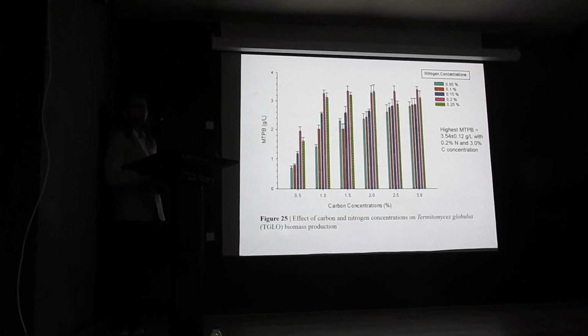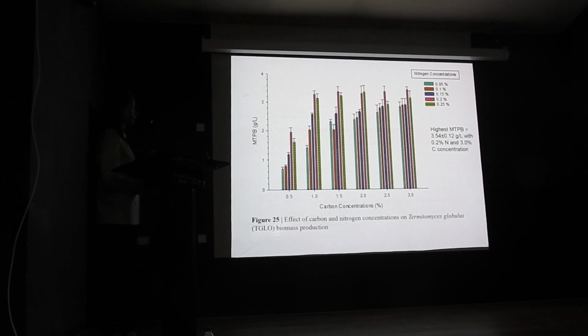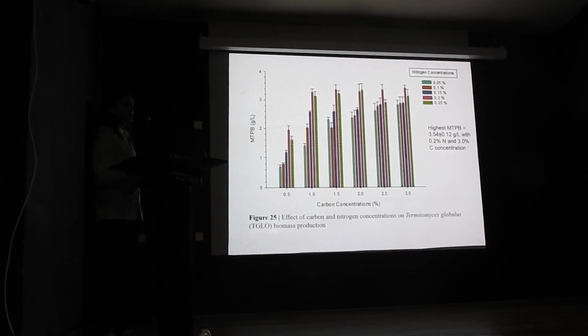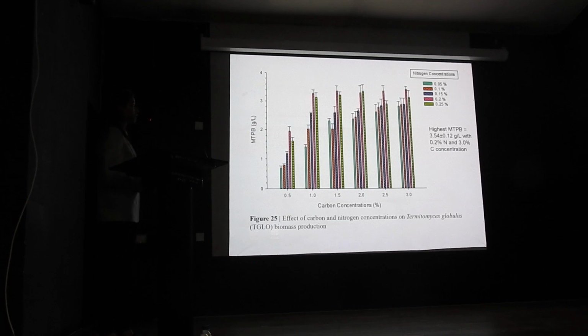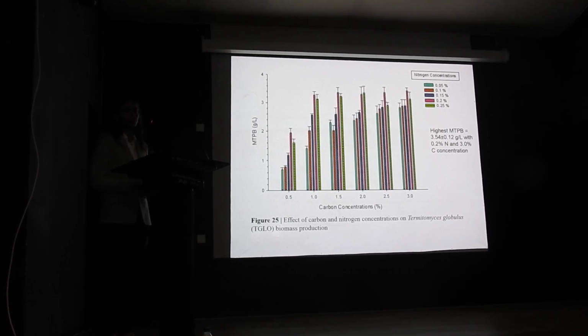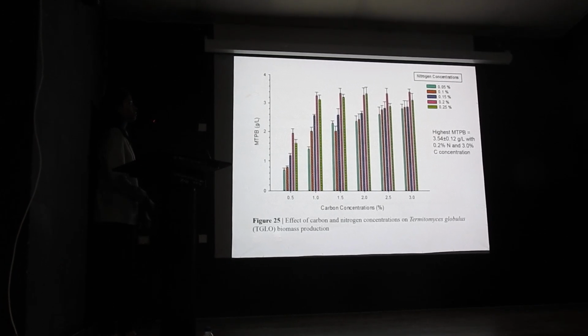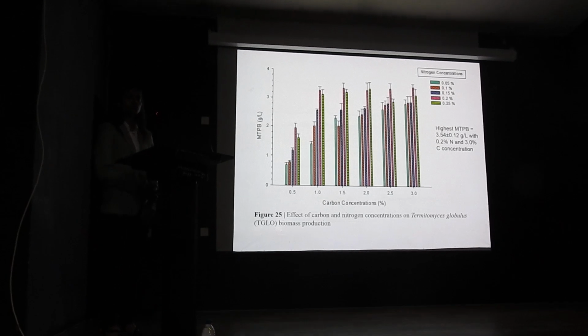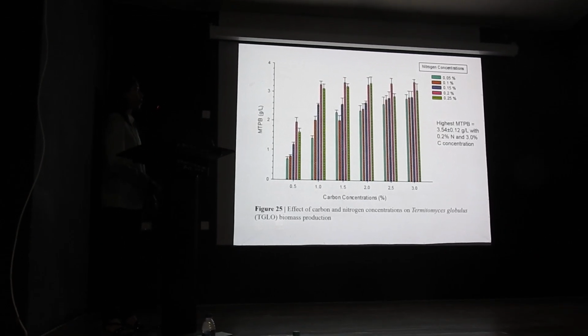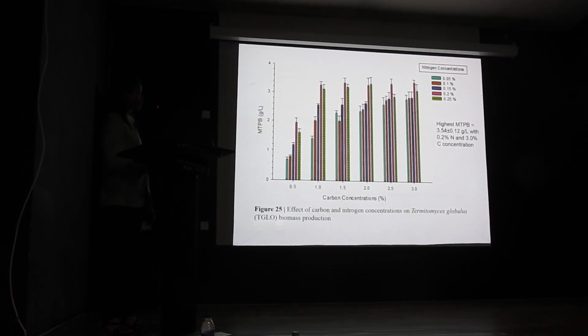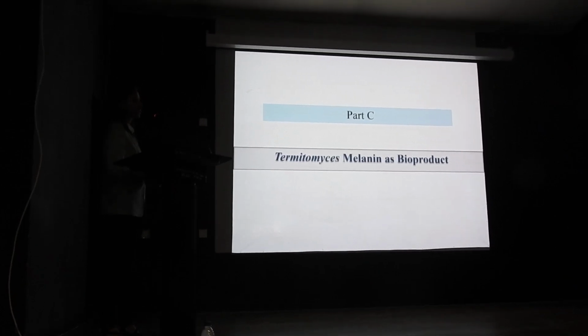When the effect of various concentrations of the selected carbon source, maltose, and nitrogen source, calcium nitrate, was studied, there was not much significant difference in the biomass yield, but we got the highest biomass of 3.54 grams per liter using 0.2% nitrogen, that is calcium nitrate, and 3% carbon, that is maltose. Coming to Termitomyces melanin,